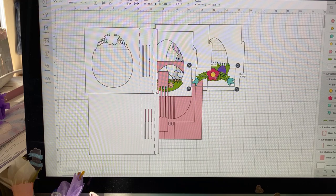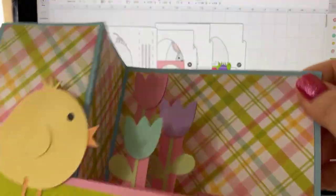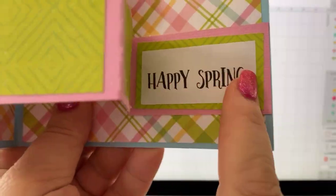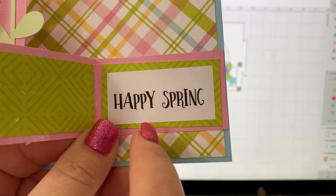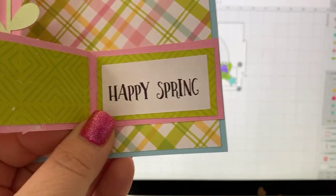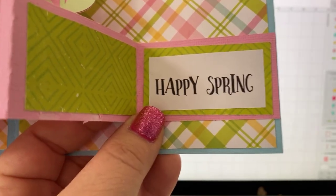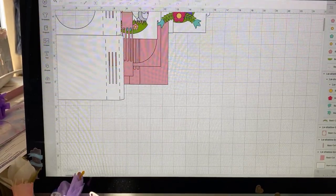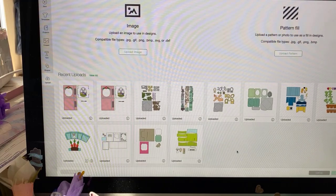One is that a lot of times her cards come with a saying like this: Happy Spring. Now when they come in, they are set as cut, okay? And that is going to frustrate you because they're so small. You can do one of two things. You can either set it to write, which is super simple, and I can probably just show you how to do that real quick. So let's go back to uploads and we'll look at